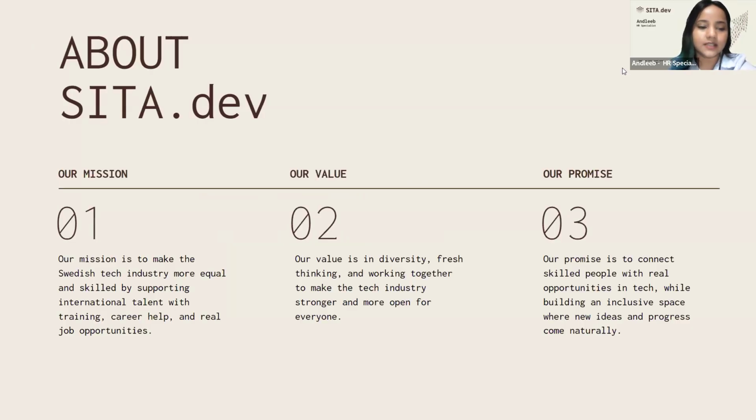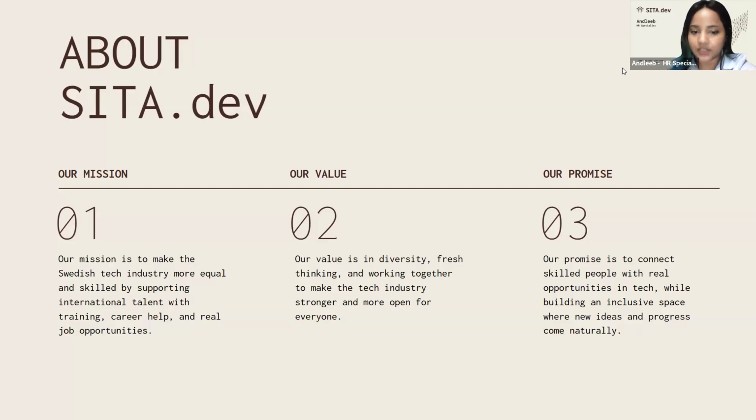value, and promise. So SITA.dev's mission is to make the Swedish tech industry more equal and skilled by supporting the international talent with training, career help, and real-life job opportunities. Our value as a company is to be more diverse.